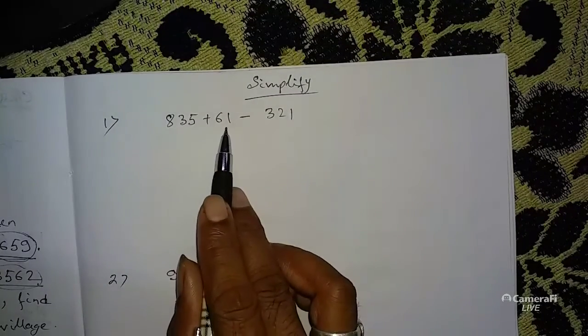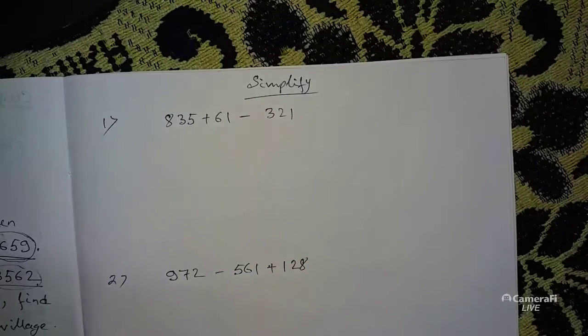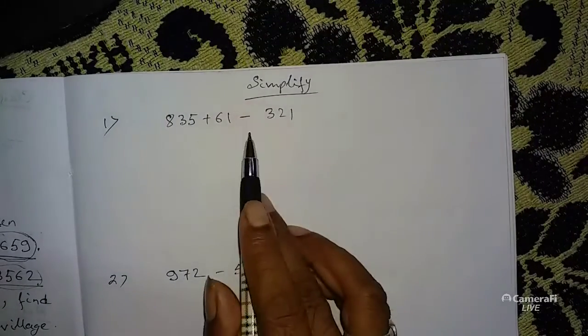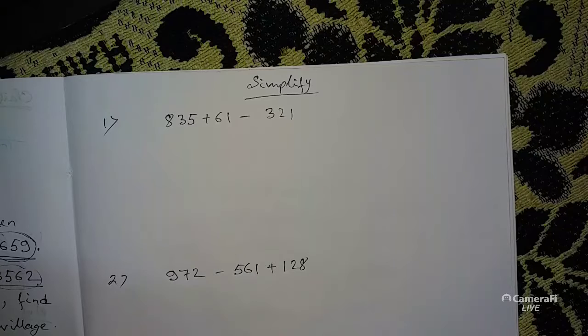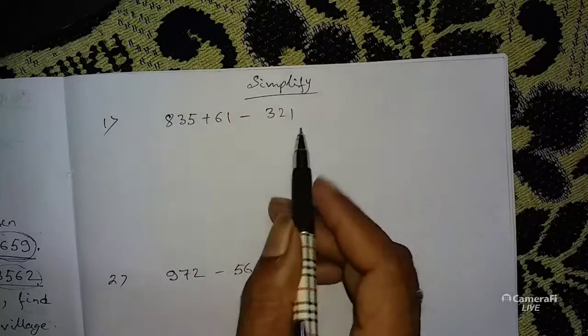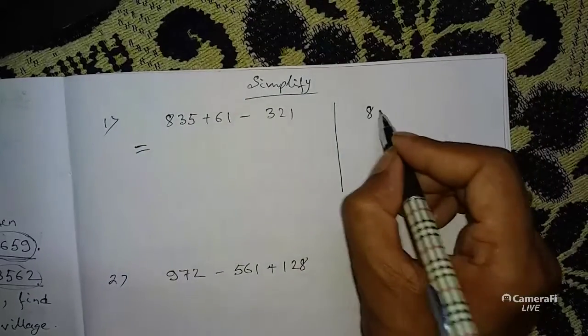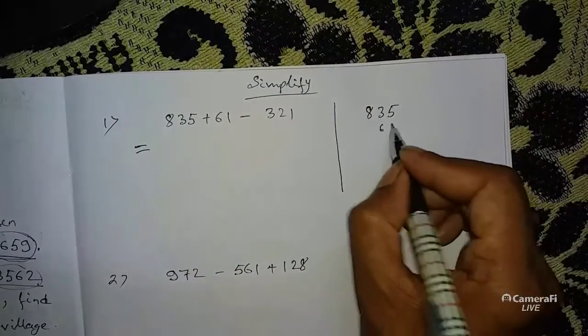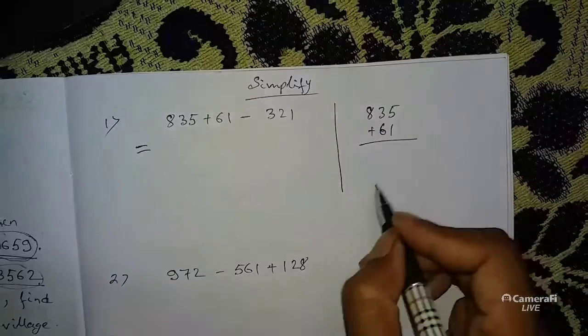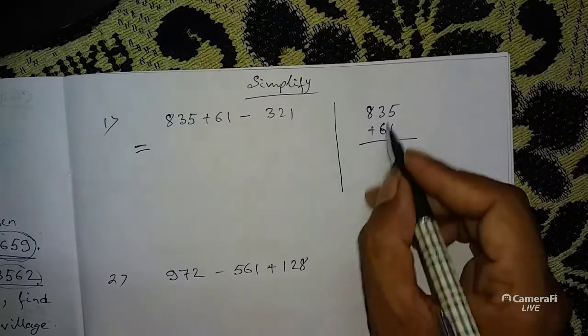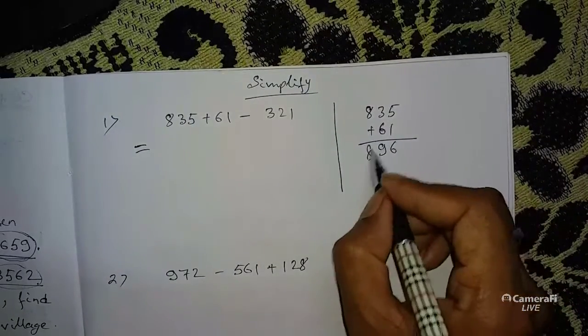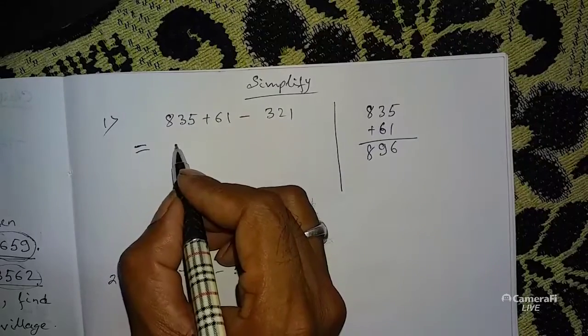835 plus 61 minus 321. So addition and subtraction are there. In that case you have to keep in mind that first addition should be done and then subtraction, otherwise you have to arrange. It is already arranged. So let us first find the addition. 835 and 61. Let us add. 5 plus 1 is 6, 6 plus 3 is 9, 896,